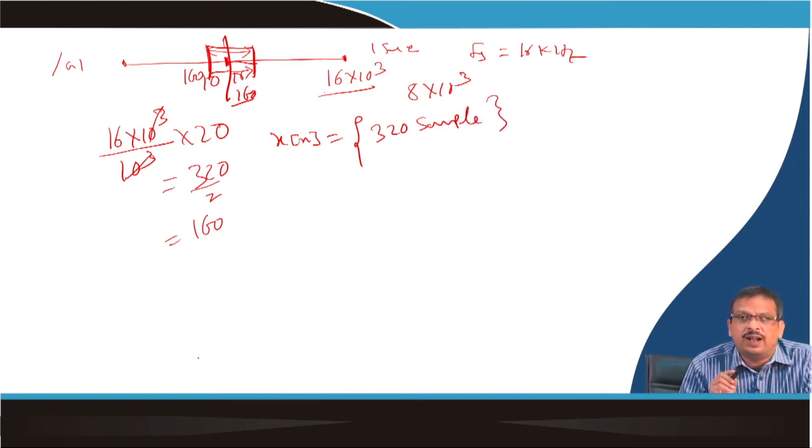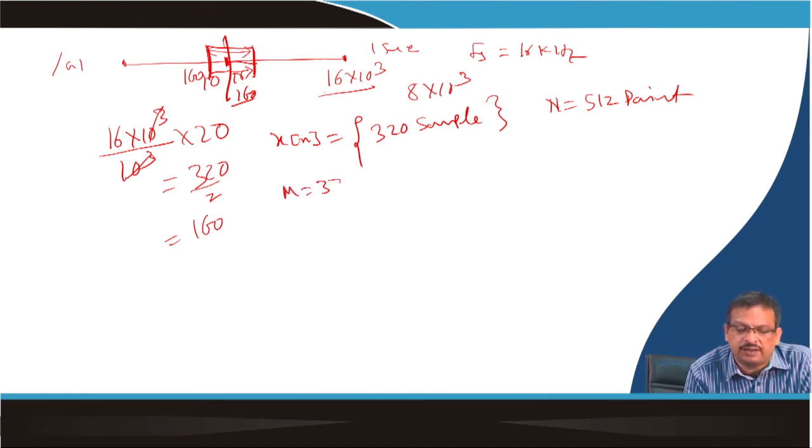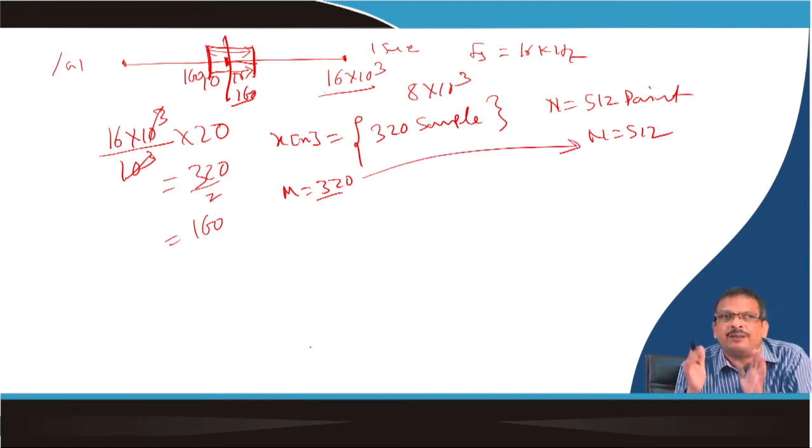Okay. Now I said compute DFT with length of the DFT N equal to 512 point. So how many zeros do I have to pad? M is equal to 320 and N is equal to 512. So I have 320, I have to make 512. So that many zeros I have to add. So outside the window my signal will be 0.